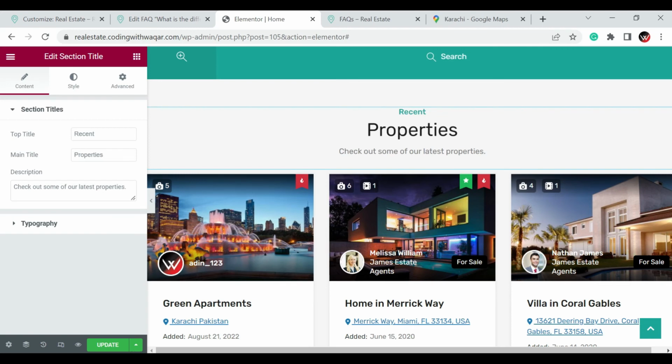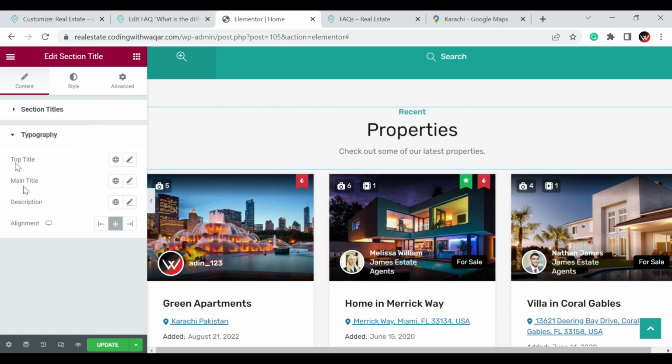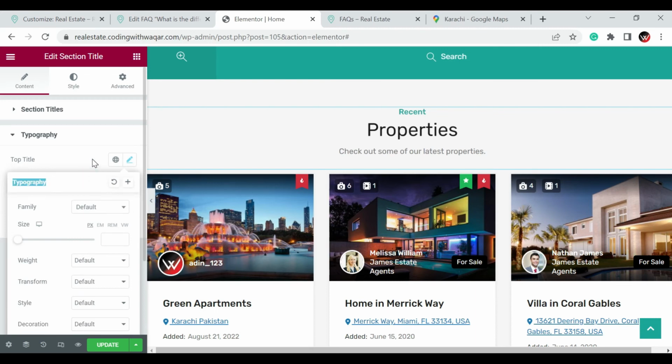You can see top title, text, recent, and main title properties. Description is check out some of our latest properties. You can manage its typography from here. Top title color, you can choose it from here, and its font family as well,